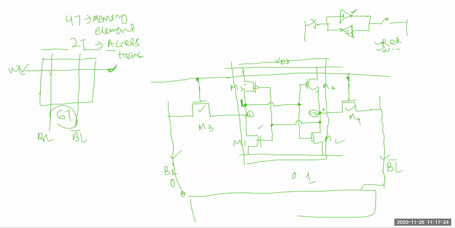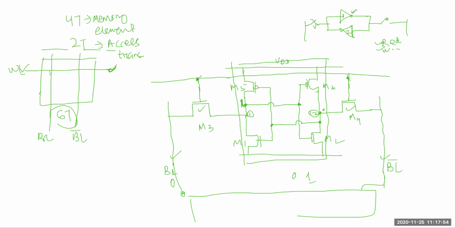This is very important. If you don't understand this point, then you will not understand the next step. So first understand these things. This is a 1-bit memory, and we are writing or reading this value through these two transistors, M3 and M4. These are access transistors, and when you read or write, only when these are on, this path will be closed.